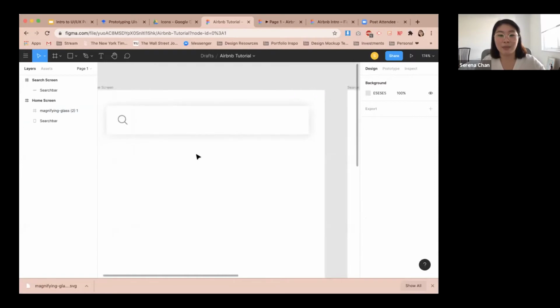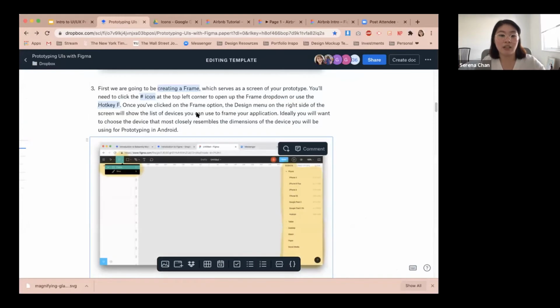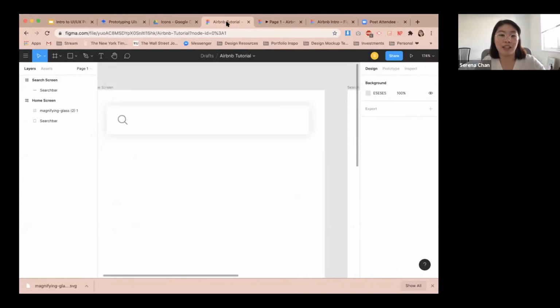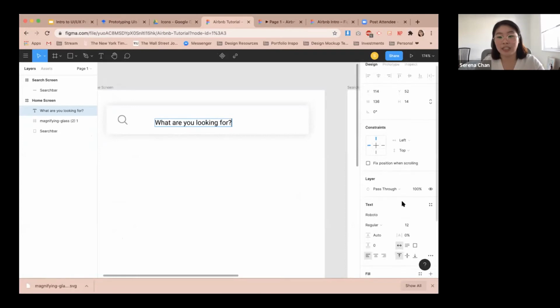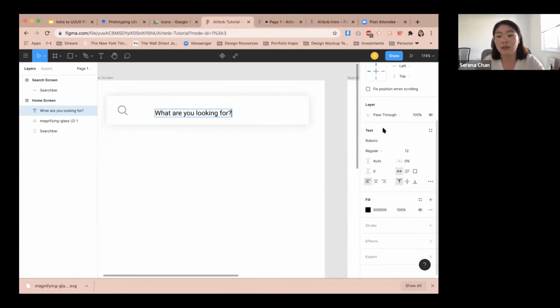And then the next part I'm going to do is now add this text over here that says like try Orlando, but here, for my mockup, I decided to write what are you looking for? And so you can click the text icon on the top, or you can use the shortcut T. So I can click T here, and then I'm going to type in what are you looking for? And so now that I click create a text, you can see that there's a text pop up here,